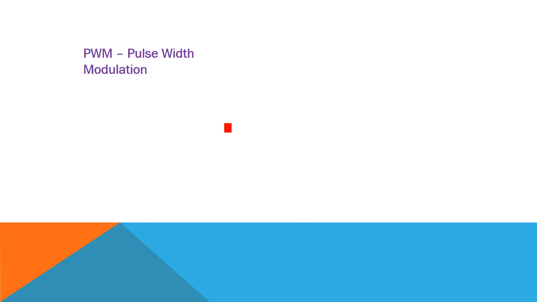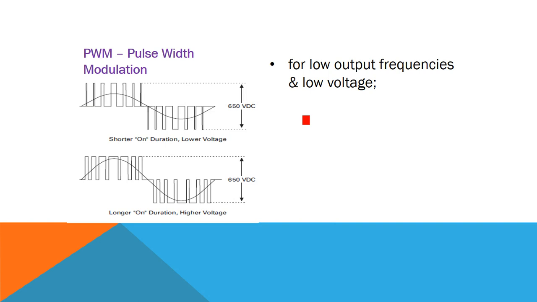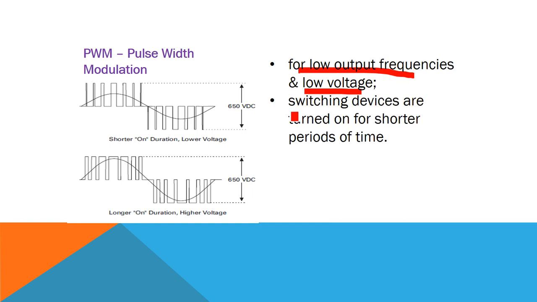Now by this method we will be able to change the frequency and voltage of the output from the inverter. For low voltage and low frequency from the inverter, we will be switching devices for only a shorter period of time. You can see a very small period of on time is available here, and it is going on increasing and reducing. Because the on time is very less, you can see the average voltage is this much only. So for low voltage low frequency output, we will be creating shorter on duration.